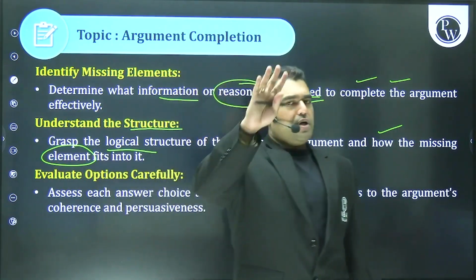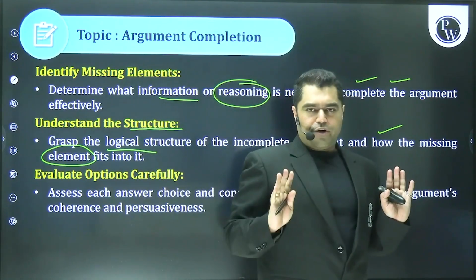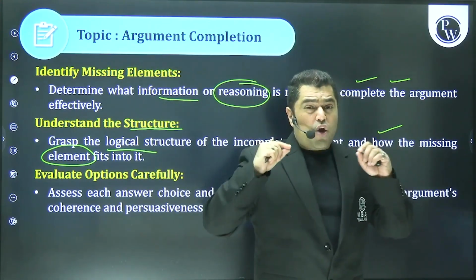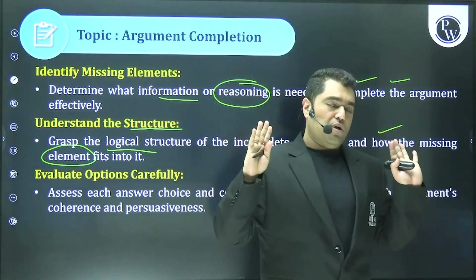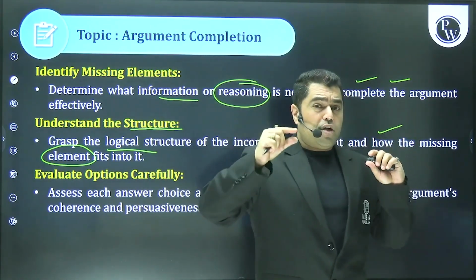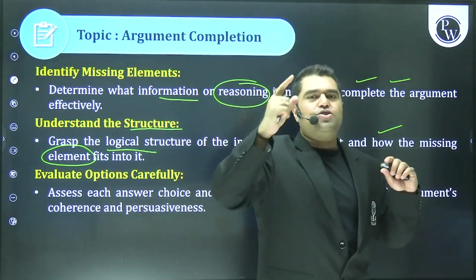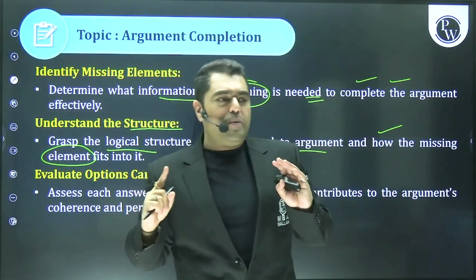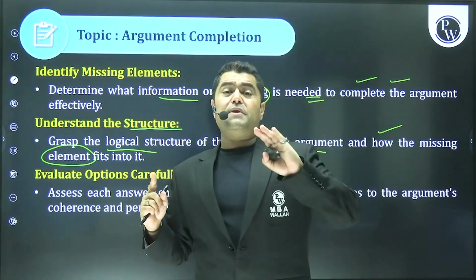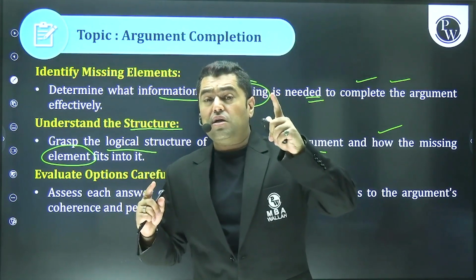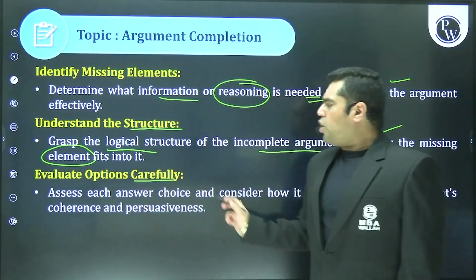मतलब suppose an incomplete argument is given to you, passage is given to you, last line is omitted. ठीक है? Now हर एक option में से you got, suppose you choose answer option B, suppose. So my suggestion is you put B back in the last sentence, read the whole passage, it should make sense. You should be able to feel like, believe like, this is completely coherent, logical, the chain of thought is maintained, unity. Okay? And then of course options.